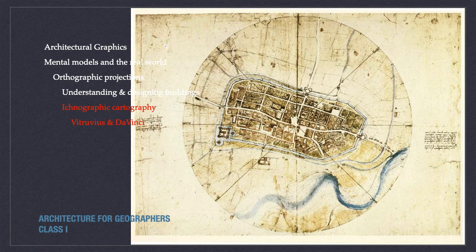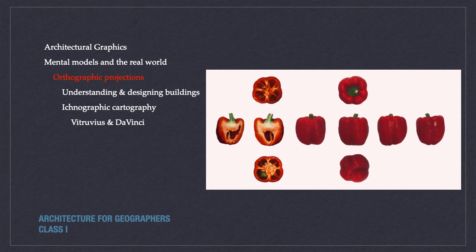This is termed iconographic cartography and was first developed by Leonardo da Vinci in this plan of Imola near Bologna, Italy. And he drew it for Cesare Borgia in 1502, the same year as Bramante's Tempietto. Mechanical drawing, or technical drawing, of which architectural drafting is a specialized subset, uses the same technique of eliminating perspective by imagining a view from an infinite distance to create orthogonal views of an object that can be measured and scaled, the same way that Leonardo developed this technique for the mapping of towns.